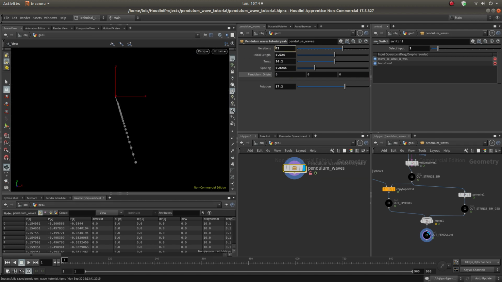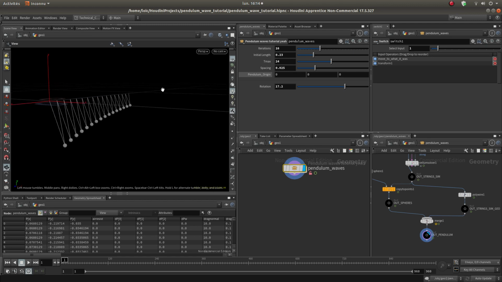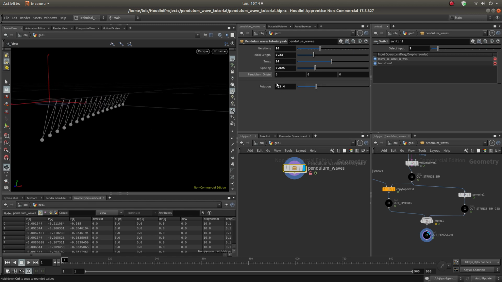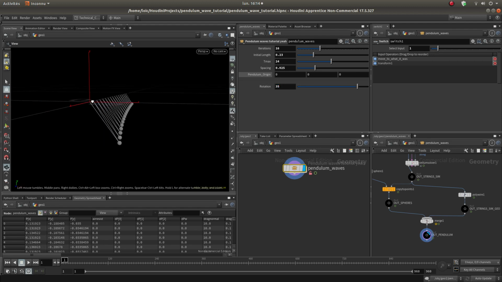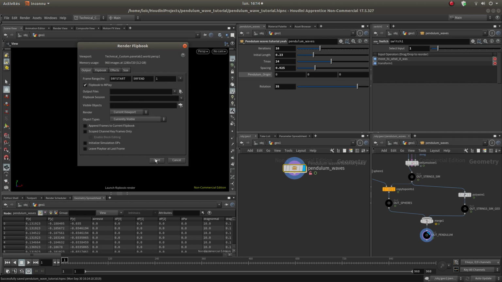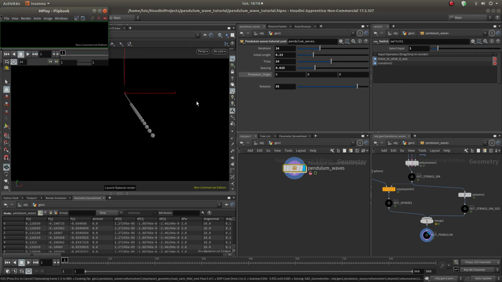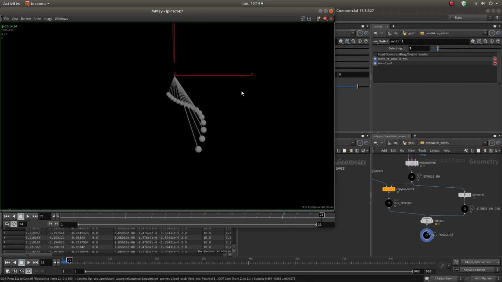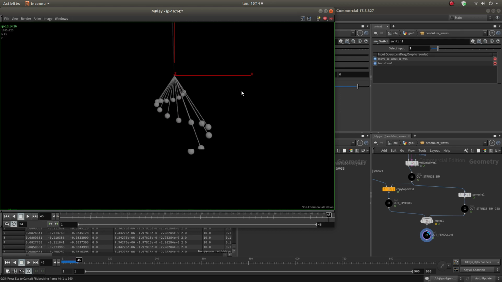So I'm gonna go back to my previous iterations. What the value was, this was that. Initial length, iteration, spacing, we have what we want, and we want to be 35. If I go in front of it, launch a flipbook, and I think I'm gonna tell you, say goodbye on